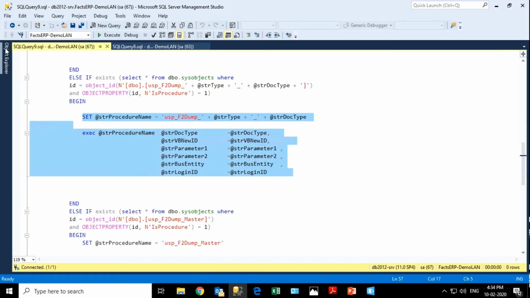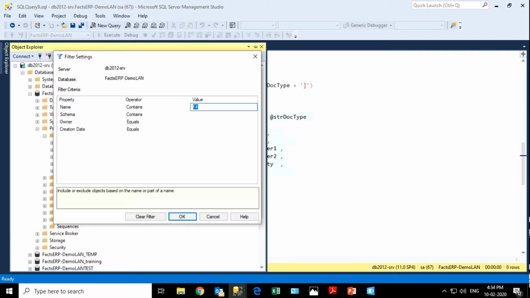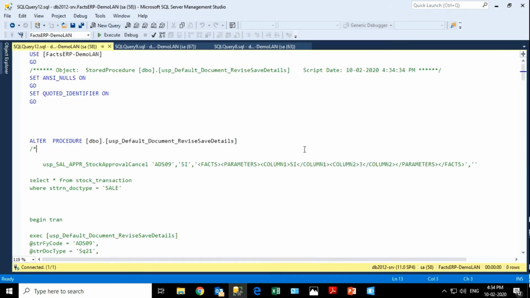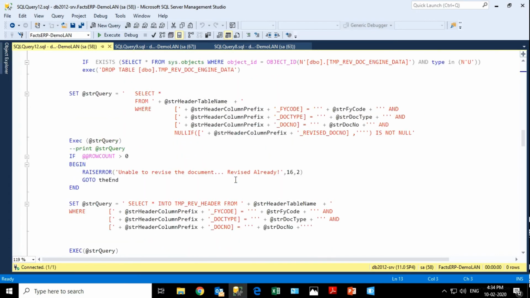So there is a procedure also. This procedure is helping us to get the new revised document number, but saving is happening here. This is the procedure.